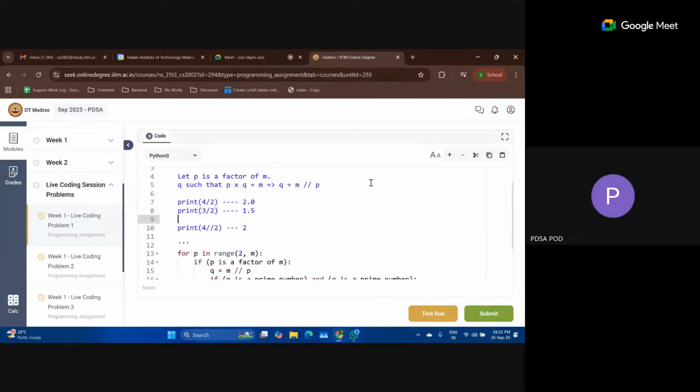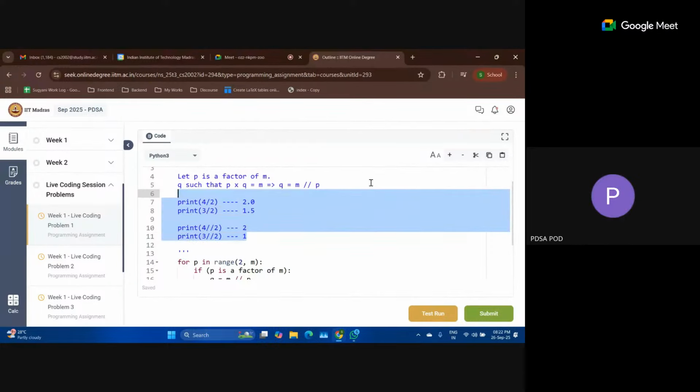But when you do print 3 double divide 2, it will give you the quotient. When you divide 3 by 2, the quotient is 1, so it will give you 1. Okay, thank you.